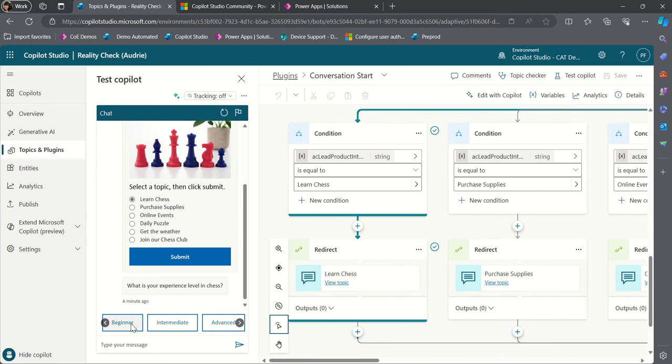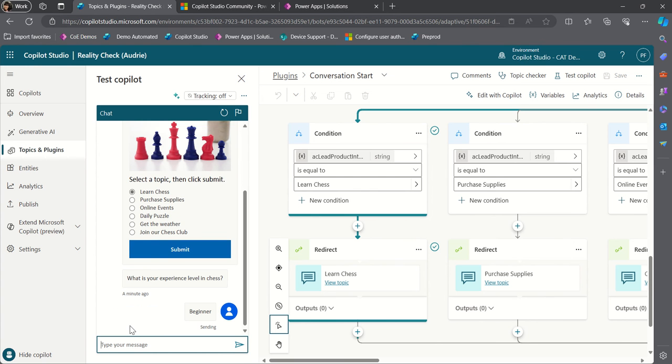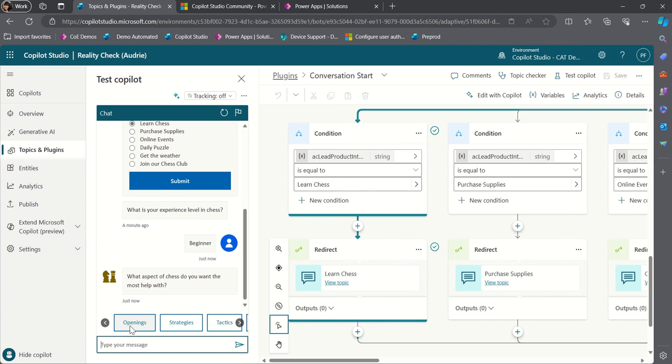So in this case, I'm going to go ahead and pick beginner, just because I don't want to complicate those of you that don't know chess. I don't want to get into anything too deep. And once I get into beginner, what's going to happen is I'm going to be in this Learn Chess topic. Now, I'm going to go ahead and turn on tracking so you can see this move through the topics,